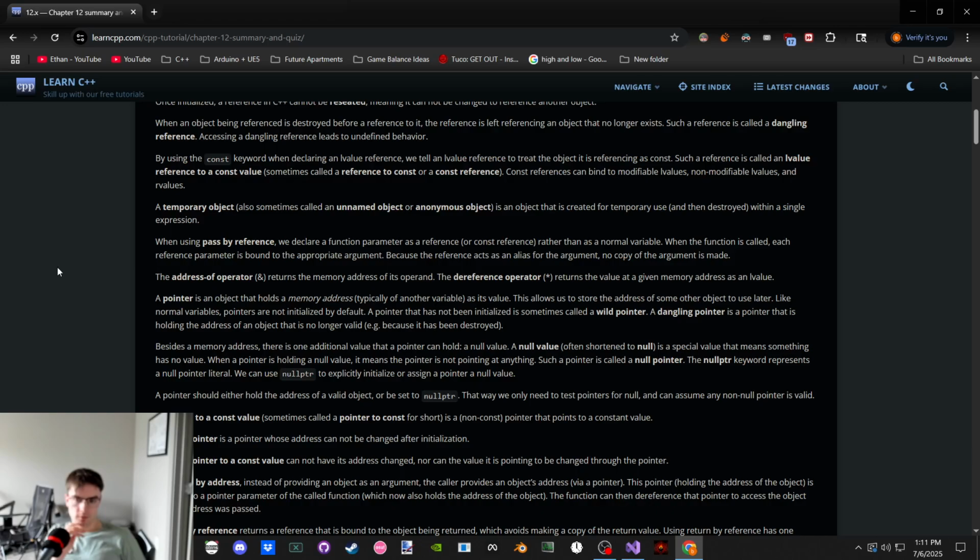Yep. A pointer to const. It's a pointer to an L value that is non-modifiable. Cannot modify it through the pointer. Versus a const pointer is a pointer to who knows what. It's an L value. Well, it could be dangling. It could be, I mean, it's to an L value or it's null really. It might be to an invalid L value or a dangling one. But we can't reseat the pointer because it's const. It's unchangeable. Yep, points to a constant value, sure. But really it's to a const L value.